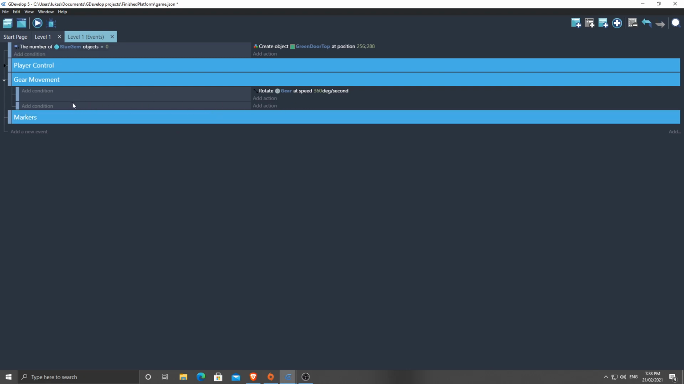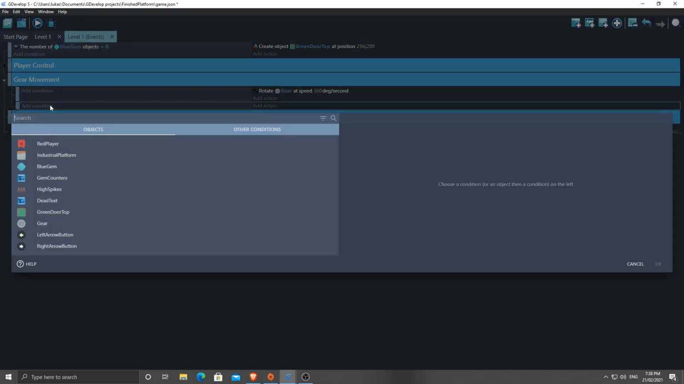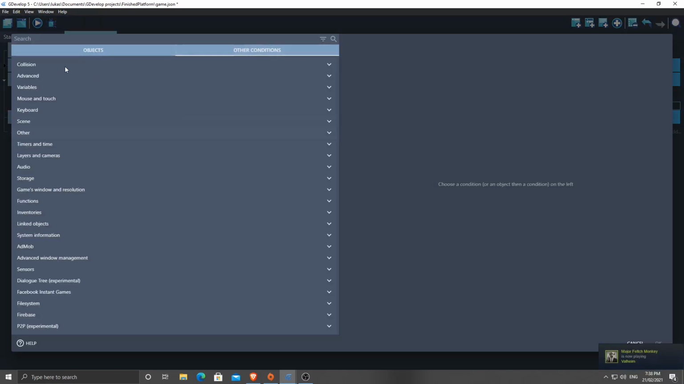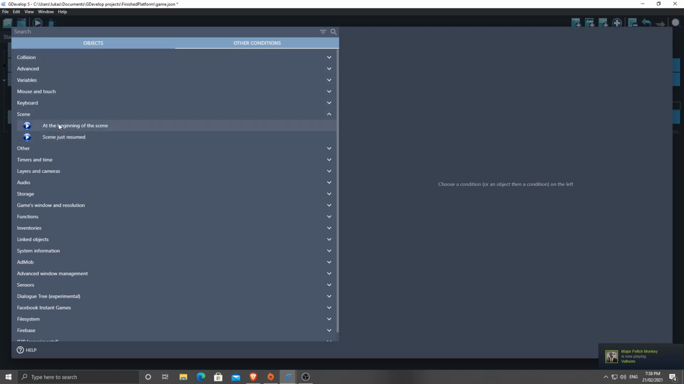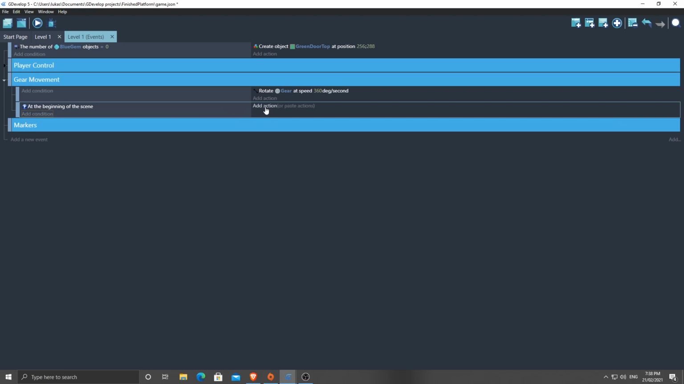But this here is going to have a condition. We are going to check at the beginning of the scene. We're going to make it move in the direction that it's facing. So we're going to add a condition here. We go other conditions, and we'll say scene, at the beginning of the scene. Okay. So at the beginning of the scene, we're going to